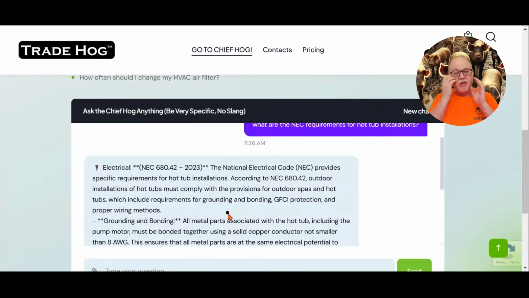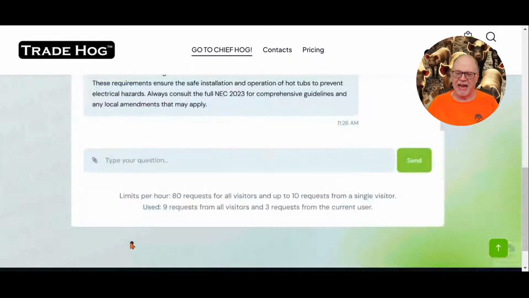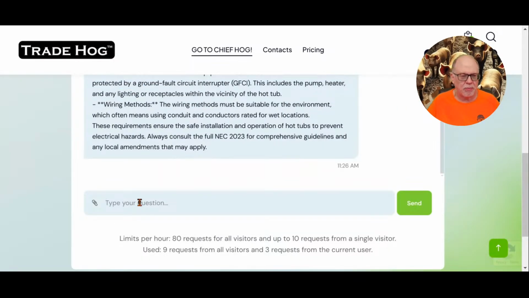Now, here's the difference. You're a code professional, you're an inspector, you want deeper details. That's why it's created this way on a tiered system. This is generic for like home inspectors, the general public, but you're code professionals, you want more detail. So you can go right down here and ask it for more. Say, okay, here's what I'm going to ask. I'm going to say,